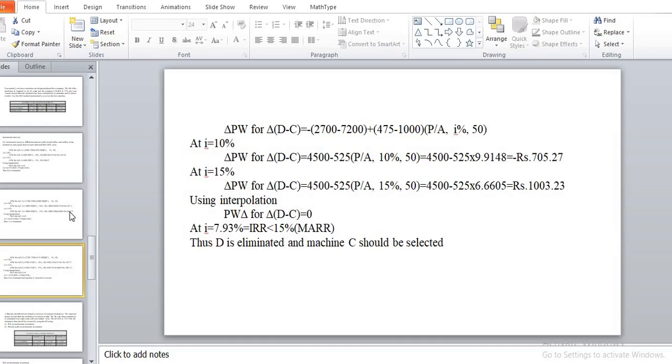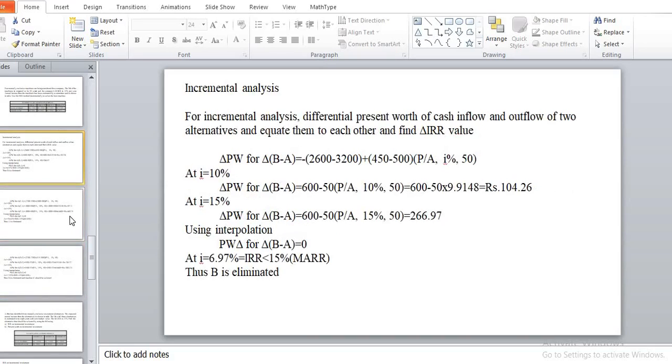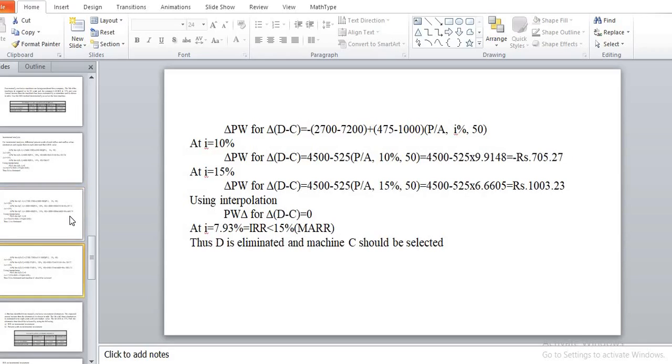So in all this incremental value, here B is eliminated. Now here A is eliminated. Now here C is eliminated, and the remaining one is D. So D project should be considered. So this is the incremental consideration for the projects, and from this we can decide